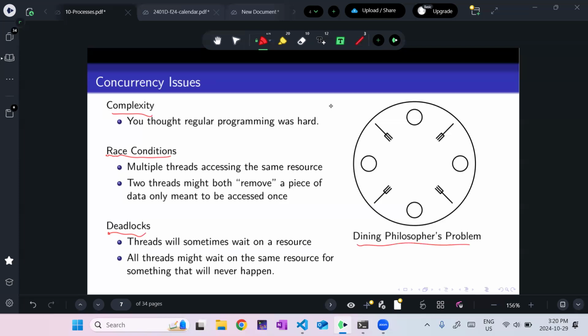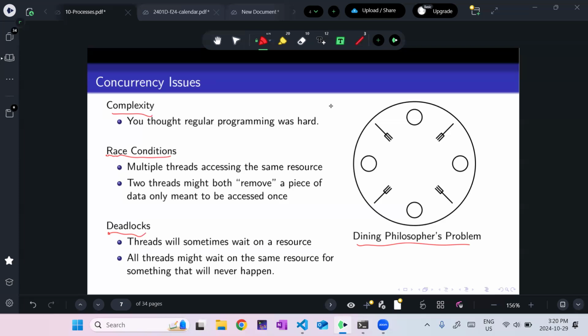So I don't know if any of you are familiar with the dining philosophers problem. It sort of illustrates this. So I have, in this case, 4 philosophers sitting at a table. They each have their plate of spaghetti or whatever, and they want to eat. There's 4 forks, but it's spaghetti, it's messy, so they each need 2 forks in order to take a bite.